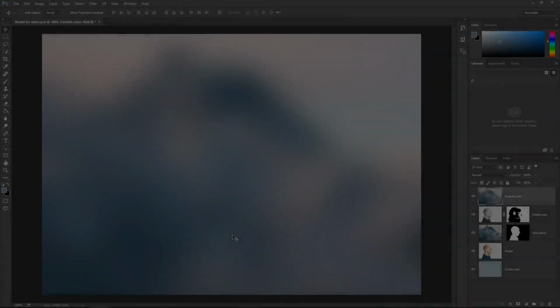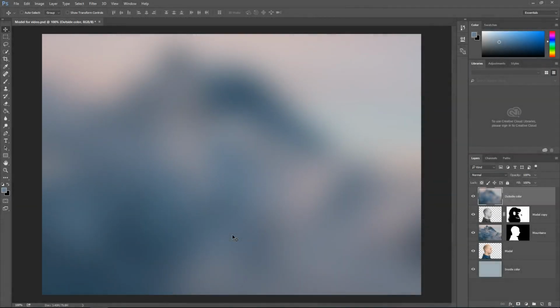The final slide for the project, Outside Color Vignette 2, will just be a matter of burning through these mountains. And to do that, apply a layer mask. Make sure that outside color layer is selected and put a mask on it. Then brush it with black